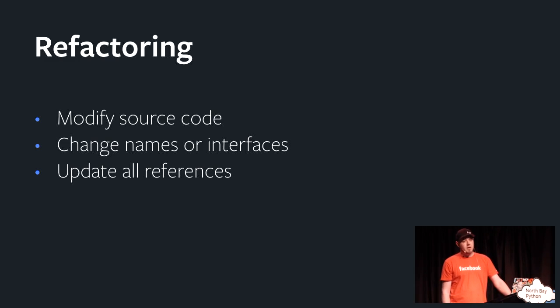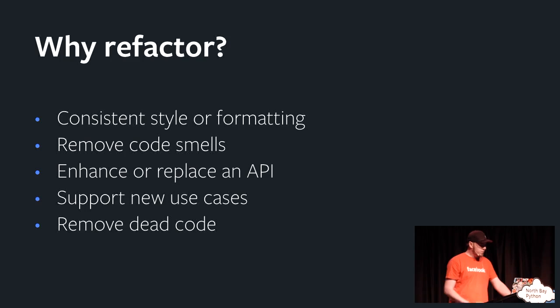So when I'm talking about refactoring, I'm generally talking about any sort of modification to the source or to the repository. Could be simple or complicated, but essentially a change to the entire repository, not just an individual file. And making one change could involve updating all the references to it. Some of the reasons we might want to do these refactorings could be enforcing consistent style or white space, could be removing ugly features like named lambdas and replacing them with real functions, or it could be changing APIs and